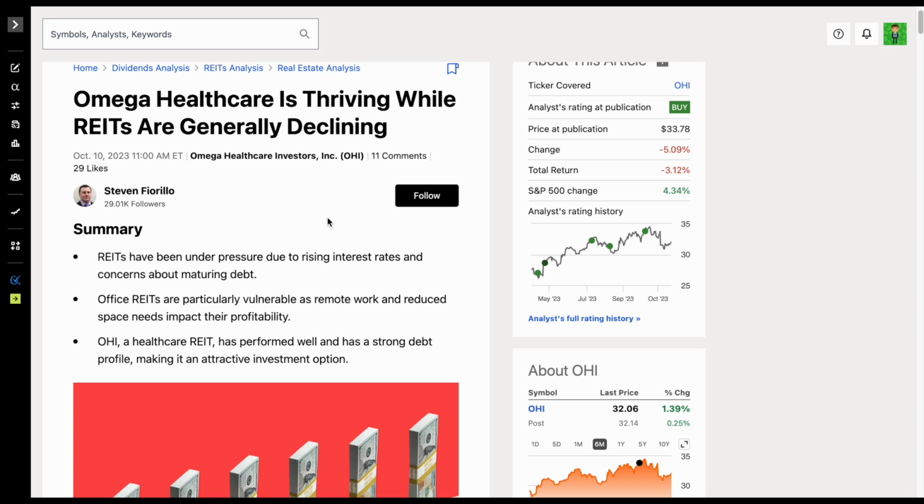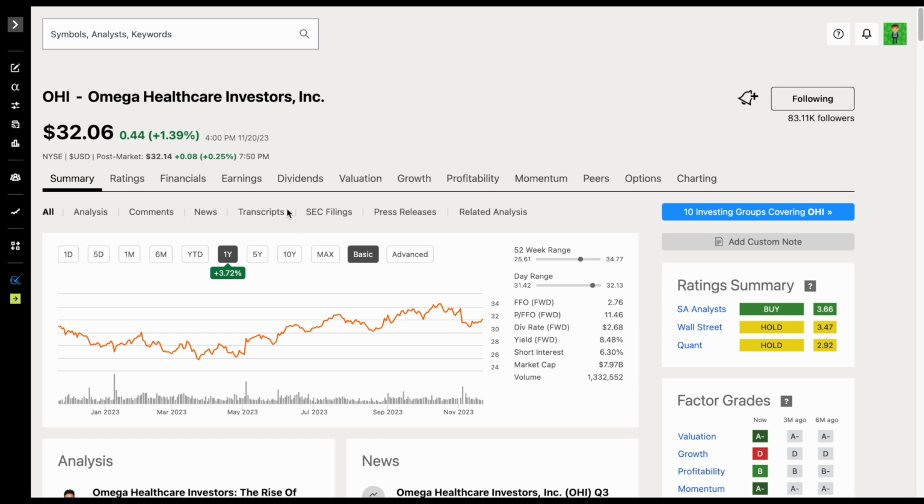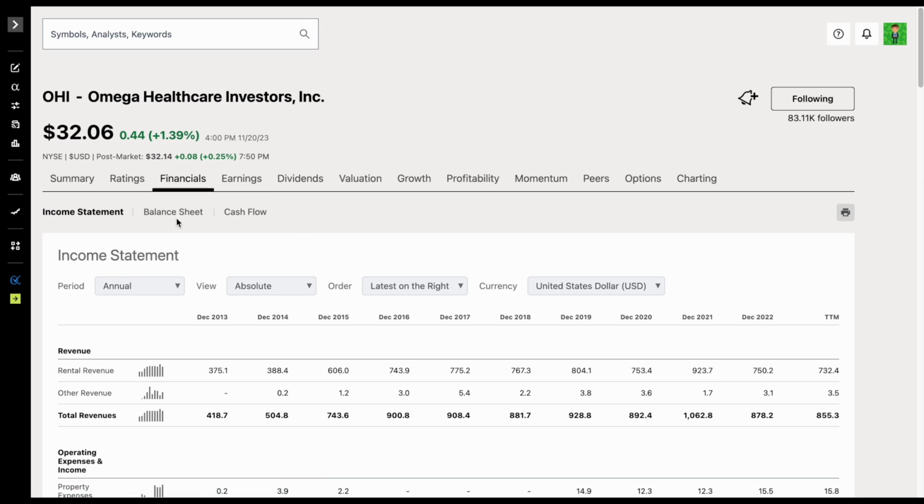Well, typically we'll see real estate investment trusts take out loans, but due to rising interest rates and concerns about maturing debt, this isn't really a good option for them right now. So this gives them one other option, and that is to continue selling off shares. And this is pretty common for real estate investment trusts, but if we go over to the balance sheet here